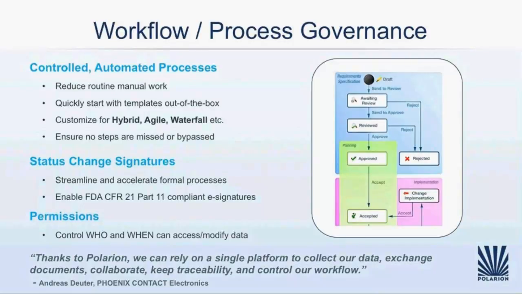Polarion was first to introduce the workflow engine to control the lifecycle of ALM entities. What does it mean? The status changes are enriched by workflow functions that help to reduce routine manual work, and also by workflow conditions that help to ensure process consistency. For example, a work package can be marked as implemented only if all the subtasks are implemented. The requirements can be pushed to draft only if the document that contains this requirement is also being pushed to rework. It is often required that the important status changes get formally electronically signed.